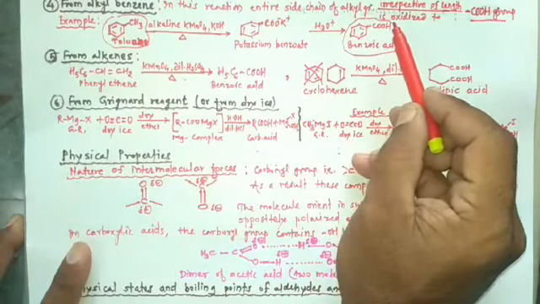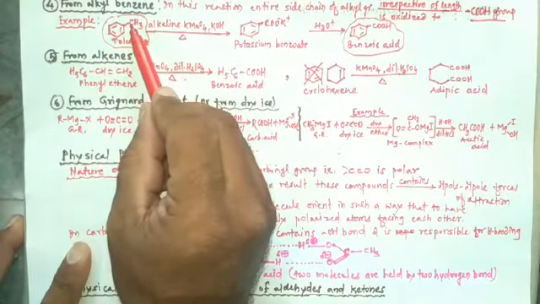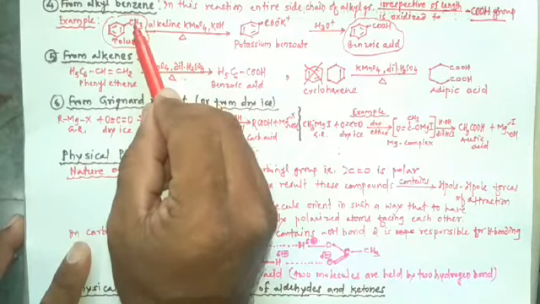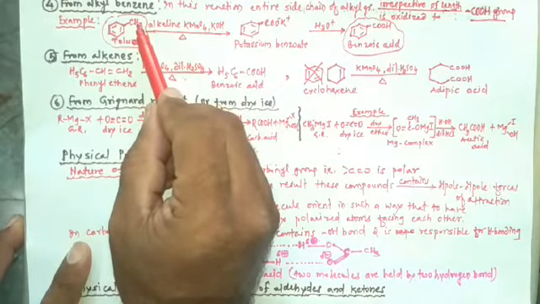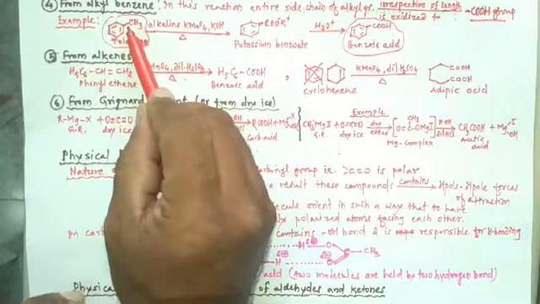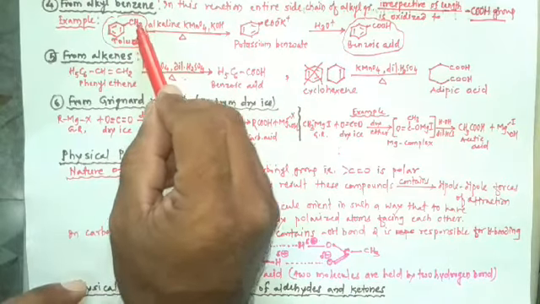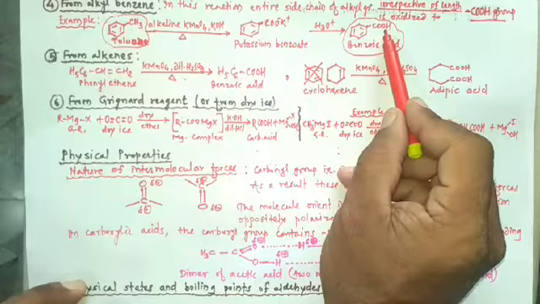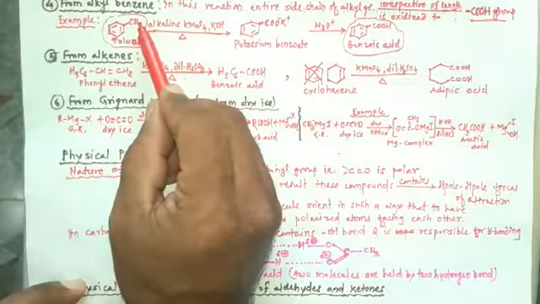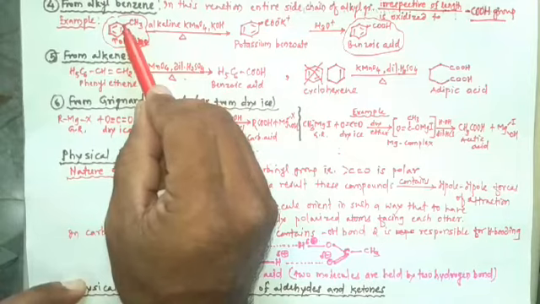Here primary and secondary alkyl groups are oxidized in this way, but a tertiary alkyl group is not affected because it has no benzylic hydrogen. Remember that only primary and secondary alkyl groups are converted into COOH, but a tertiary alkyl group does not get affected as it has no benzylic hydrogen.